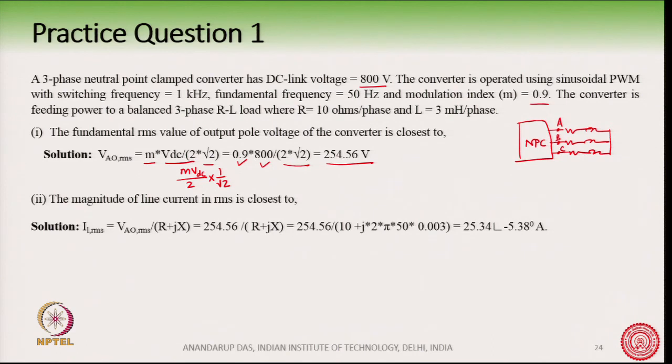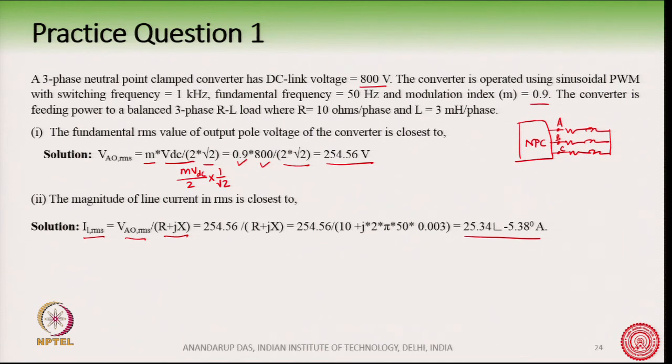What is the magnitude of the line current? As we had seen, the magnitude of the pole voltage is equal to the magnitude of the load phase voltage. We had seen it earlier while analyzing the 3 phase converters. Therefore, I1 RMS is equal to VAO RMS divided by R plus jX. This is the fundamental quantity. So, 254 divided by R plus jX, and once you calculate it, the value comes out to be 25.3 angle